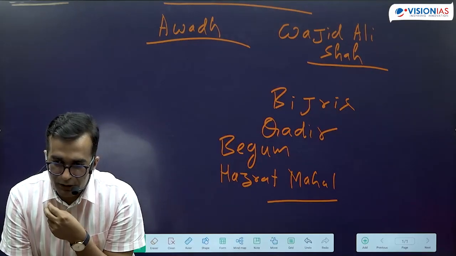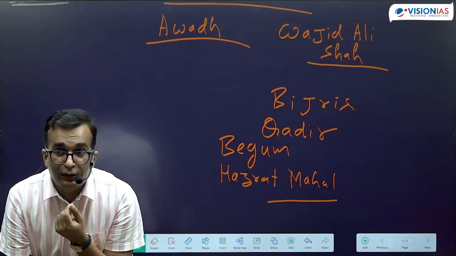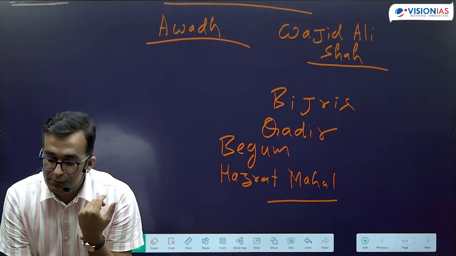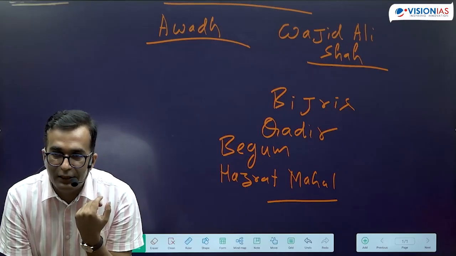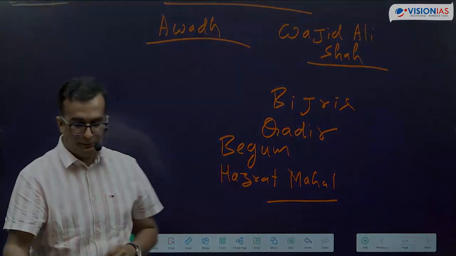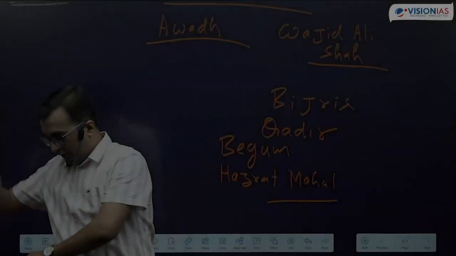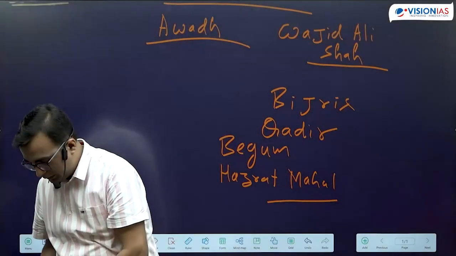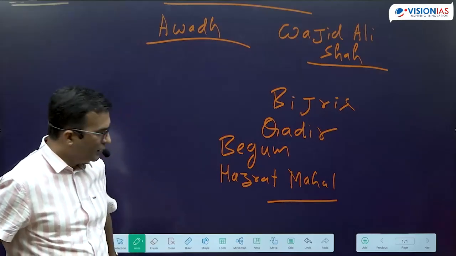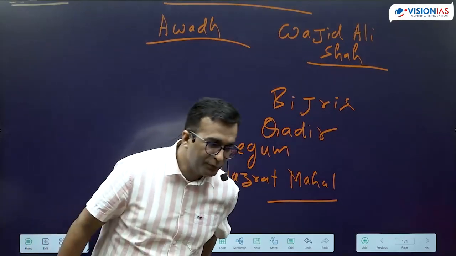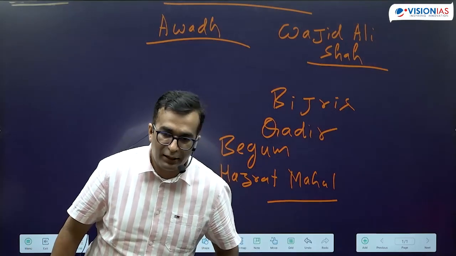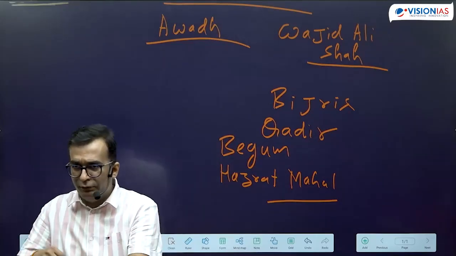So now you can take a break. What is left? Bihar, Faizabad and Jhansi. Okay? So these three places. So we have written till Awadh. So let's listen about the other areas after Awadh. So Faizabad, Bihar, and the last discussion would be Jhansi.